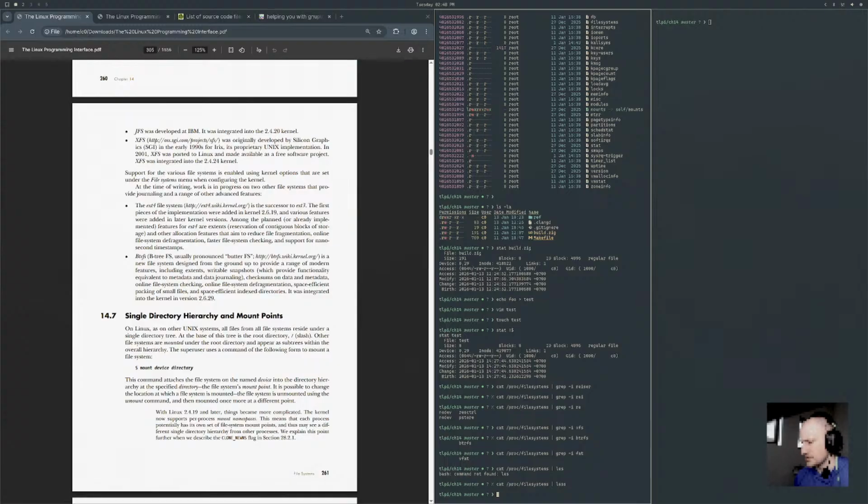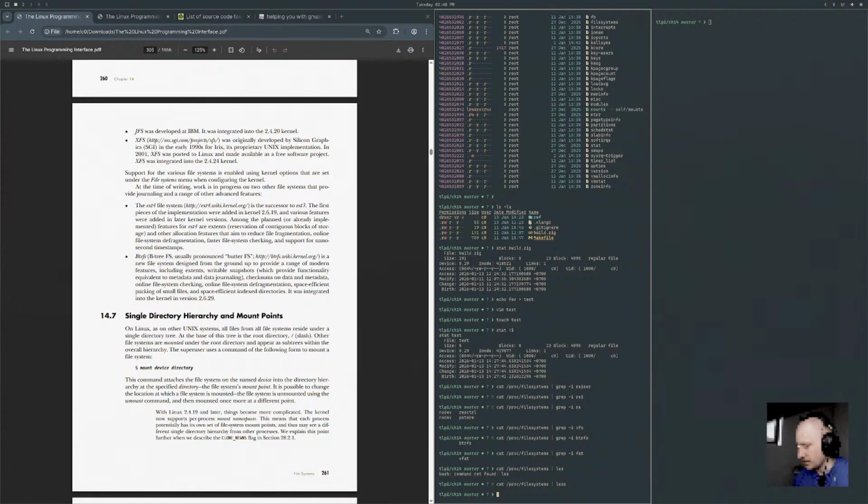Support for various file systems is enabled using kernel options that are set under the File systems menu when configuring the kernel. At the time of writing, work is in progress on two other file systems that provide journaling and a range of other advanced features. The ext4 file system is the successor to ext3. The first pieces of the implementation were added to Linux kernel 2.6.19, and various features were added in later kernel versions.